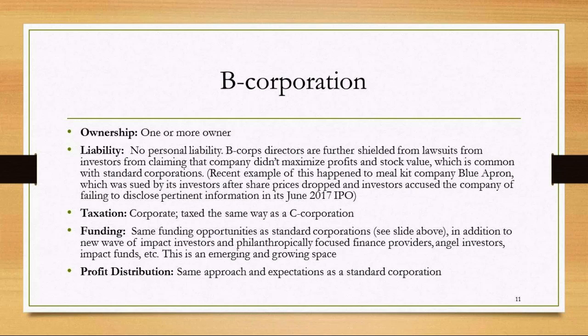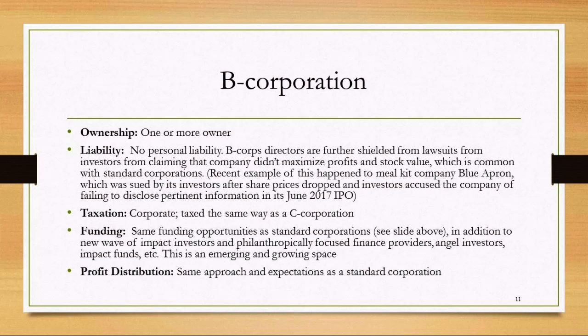In terms of the structure of a B Corp, one or more owners, typically. It can be as little as a small business with a few personnel members, or as large as Patagonia, which is a very large company. Liability, again, is similar to a C corporation, where there is no personal liability. The great thing about a B corporation, which gives you access to a lot of different capital, but also basically dictates that you are driven by a mission, whether it's a social or environmental cause, is that B Corp